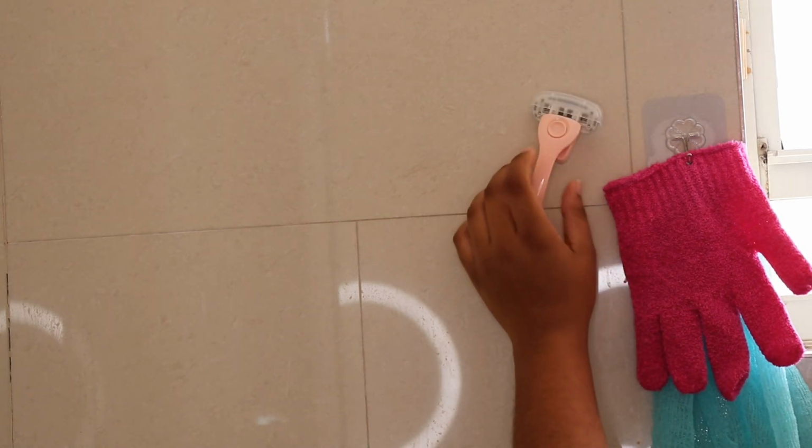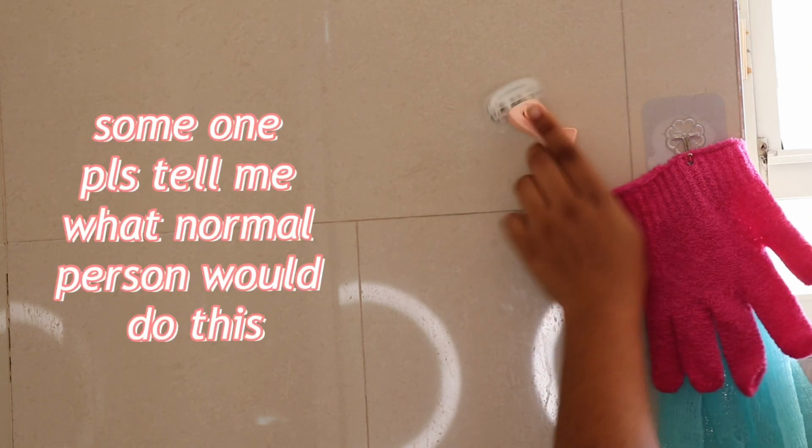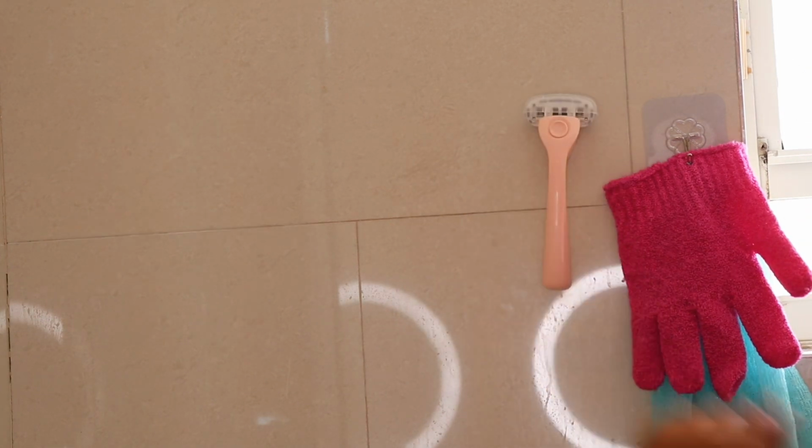You can't just go like that. Actually, okay, I guess you can, but you have to be like, boom, and then it's on there. Period. To shave, I'm going to start with my underarms just so I can test out